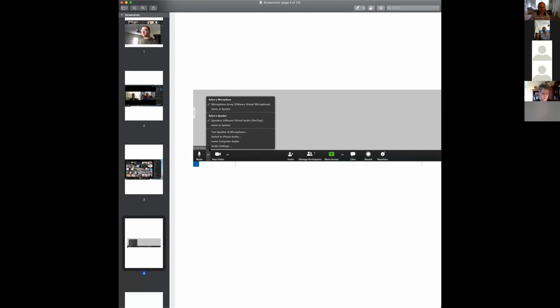So again, this is the audio one for you where you can change your microphone if you're using an external microphone versus the one built in. You can change your speakers, internal versus external speakers. You can add a phone audio and bring your phone involved as opposed to using your computer if you're going to dial in. All that kind of stuff can be done right here. This is your audio setting. You can also test your speakers and microphone, which I highly recommend doing